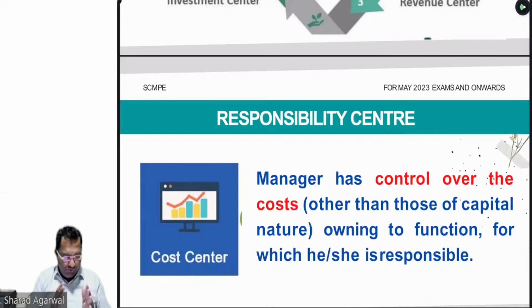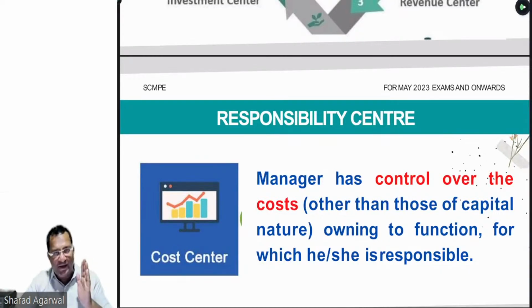Okay, I will give you 2 examples of cost center. In ICAI, Institute of Chartered Accountants of India, there is a segment known as Board of Studies. Suppose in board of studies, there is a department known as printing department, printing of study material, printing of RTP, MTP, etc. It doesn't directly contact with the student. The work of printing department, whatever requisition has been received regarding the printing of book, it just prints that book.